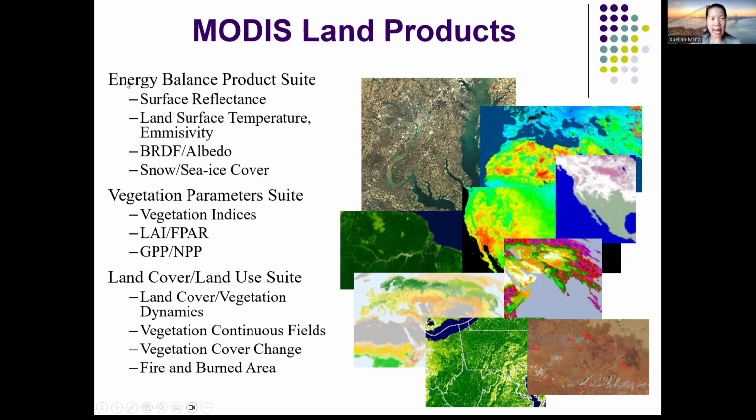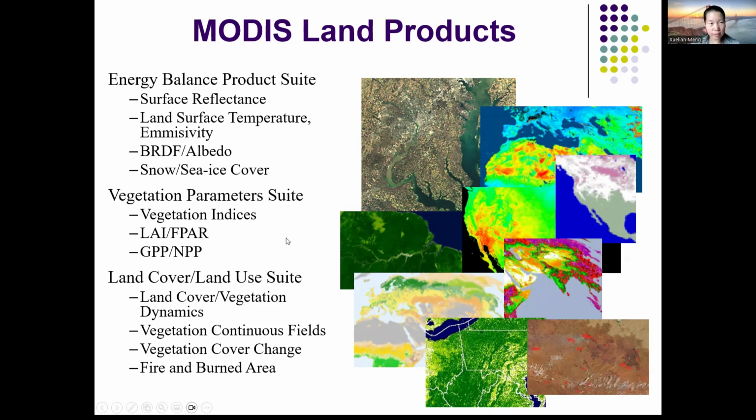So they have an energy balance product suite like surface reflectance, land surface temperature and emissivity, albedo, snow and sea ice cover, and a vegetation parameter suite like vegetation indices, LAI, GPP, land cover mapping for land cover and vegetation dynamics, vegetation continuous fields, vegetation cover change, fire and burned area. So basically, if you are calculating, for example, NDVI or LAI index, you can directly download a product